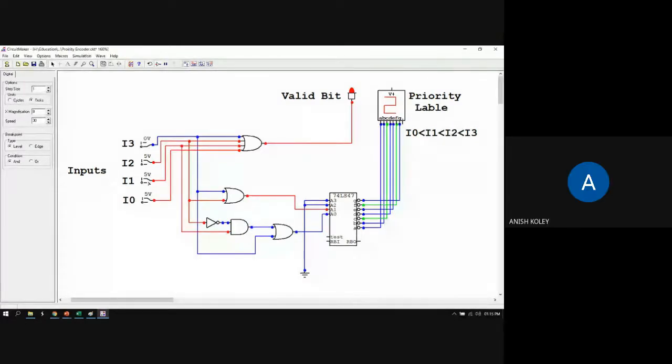So here you see the interrupt 2 is coming. Interrupt 2 is 5 volt or 1. When interrupt 2 is 1, then the priority level is set at 2 by the circuit, and at that time when another interrupt comes to the circuit, nothing will happen. The priority will not change. Similarly, this is the highest priority, I3. When I3 equals 1, the priority level is changed to the maximum level 3, and at that time it overlooks the lowest priorities. I change the lowest priority and nothing happens to the circuit.